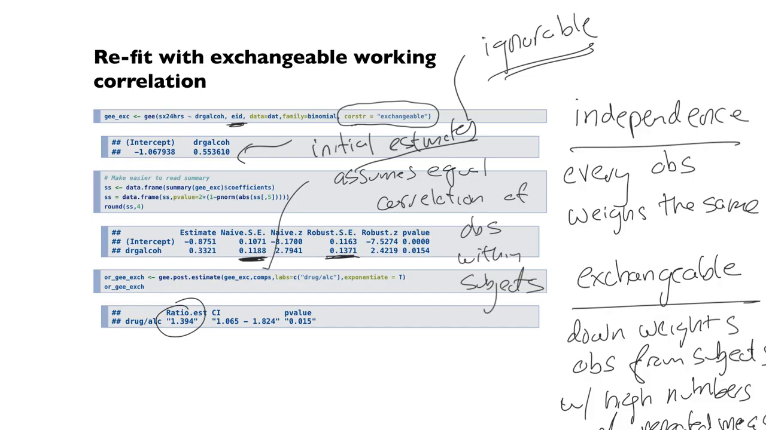But the exchangeable, you're making it all equal. And so in what situations would you use one over the other? I mean, it's a very good question. It's not an easy answer. My general advice is if they're very different, use exchangeable,